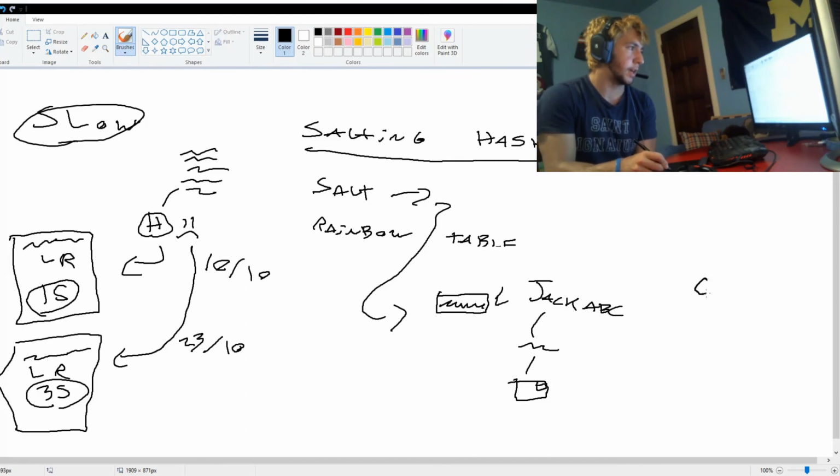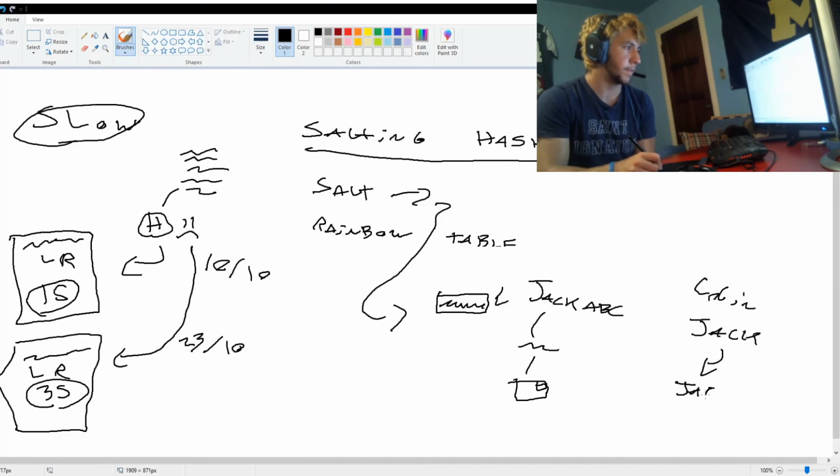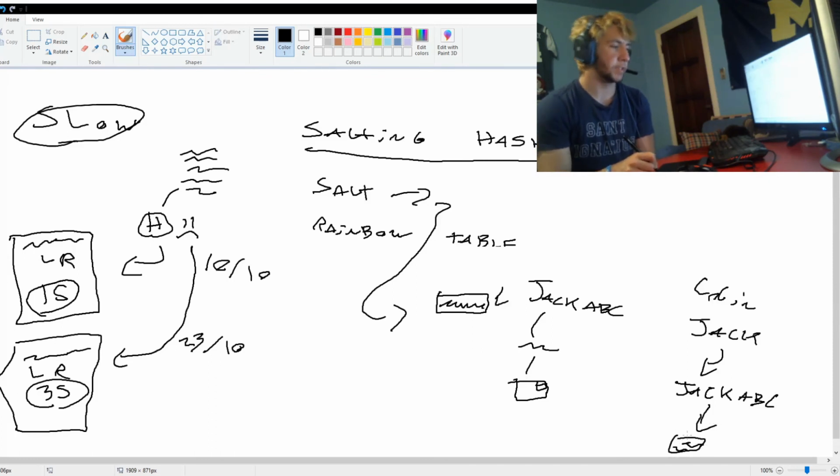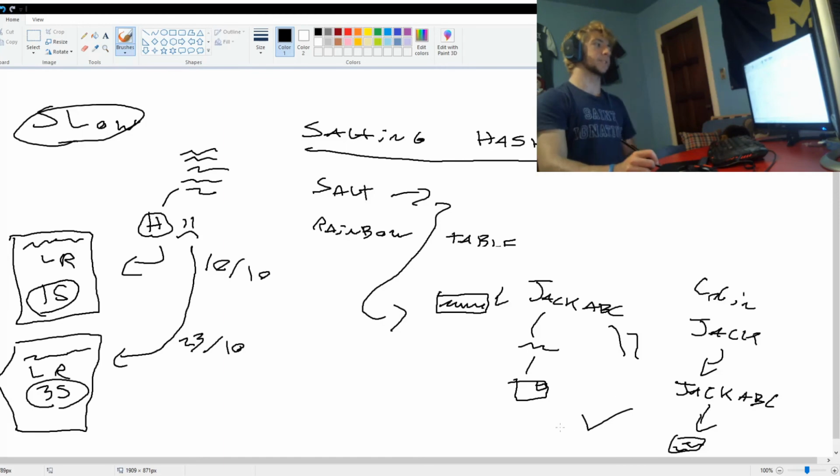When I log in again, I'm going to type Jack again. It's going to go through the same process. It's going to send Jack to the server. It's going to change Jack into Jack ABC, and it's going to log in. Since the password is the same, Jack ABC is equal to Jack ABC, the hashes will be the same, and the login will be successful.